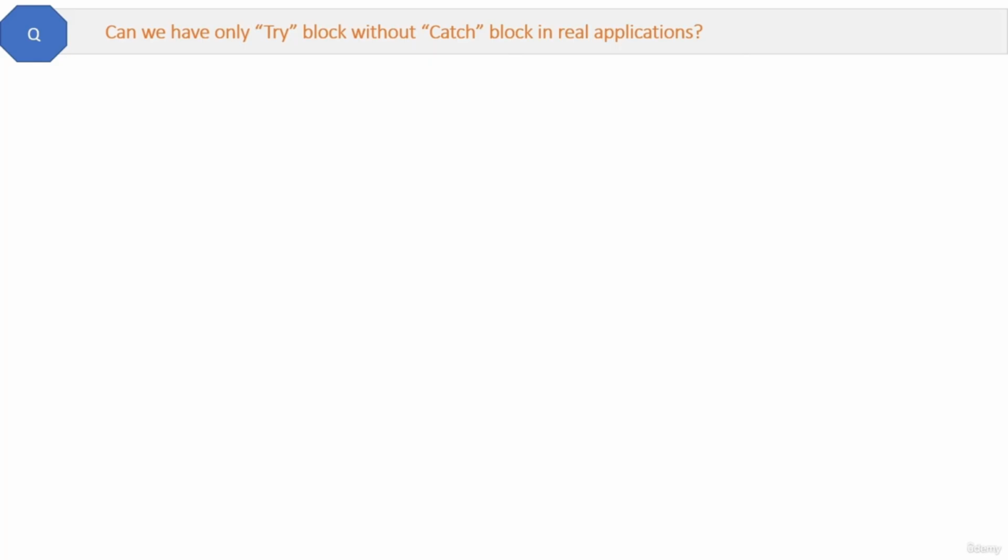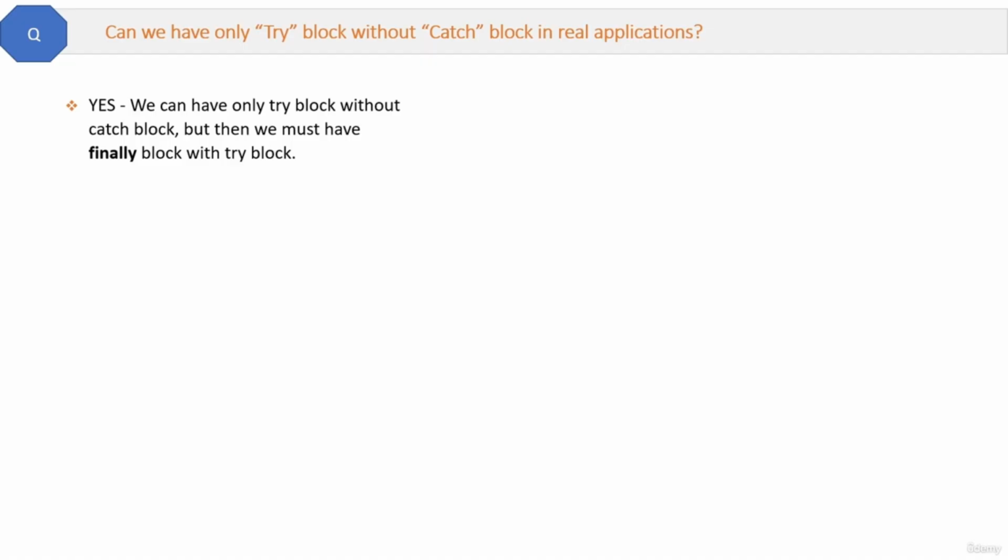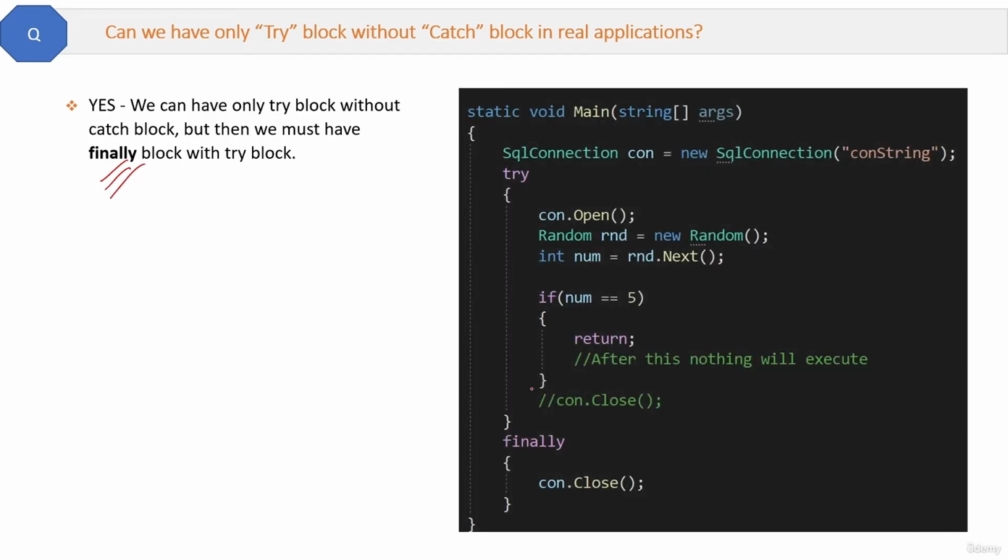Can we have only a try block without a catch block? The answer is yes, we can have a try block, but then we must have a finally block without the catch block. Okay, so this is the code. Here there is no catch block. Okay, but when do we need try and finally together without the catch? Now inside the try block, if